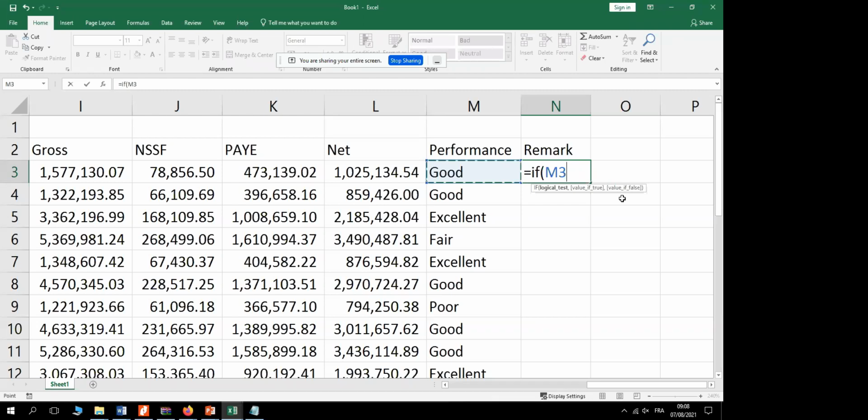So, say if M2 equals good, and since it is a variable character, since it is text, it should be enclosed in double quotes. Therefore, I'll open my quotes, then type good. The spelling must be the same as what you have on the other side. Close quotes,